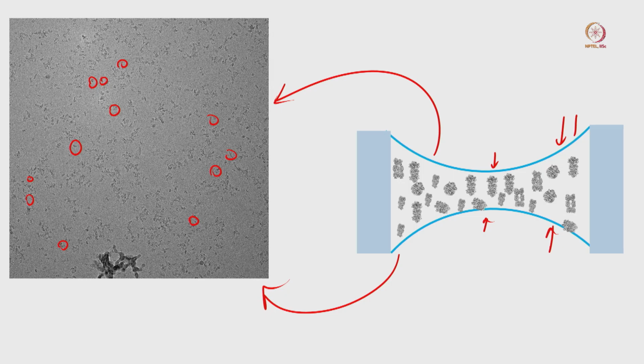and a uniform distribution. If you do automatic data collection, you have a hole and you just have to position one particular area to image, and if the sample is well distributed, it will be much easier for us to image on that kind of grid. So we always prefer moderate ice all over the grid, and then we can target different areas to image. So I'll stop here today.